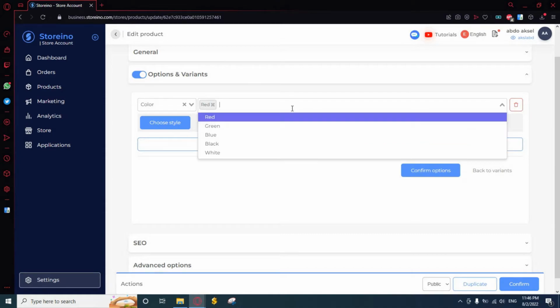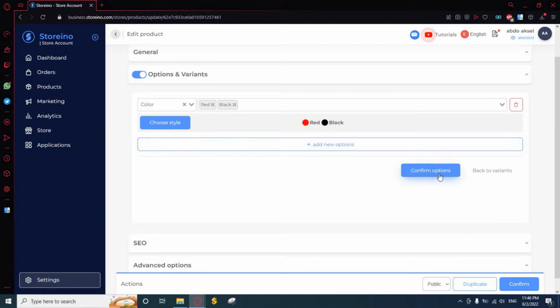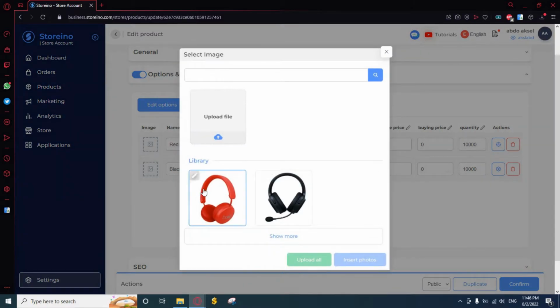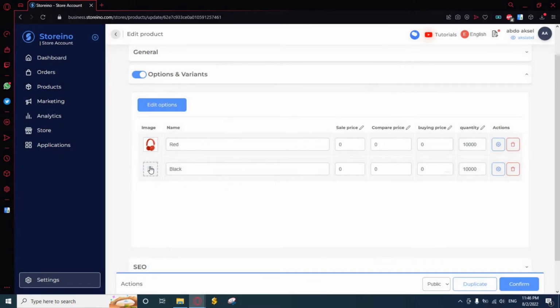I'm gonna choose red and black. Then I'm gonna confirm options, and here as you can see I can add images for each variant. For the black one,